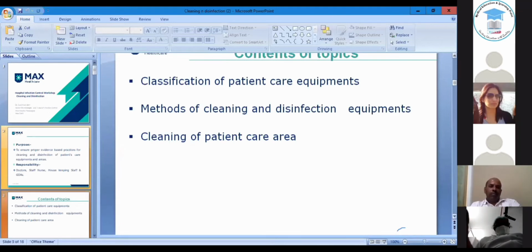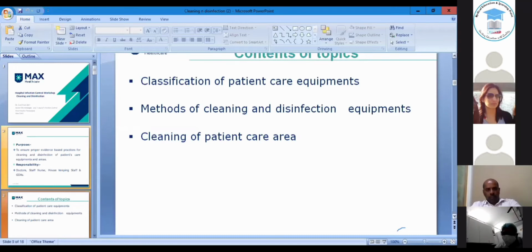So for cleaning of the patient area, we usually define what the critical areas and the non-critical areas are. In critical areas, we usually have isolation rooms where our infectious patients are kept. Infectious patients means those where transmission of disease is through contact, airborne, or droplet routes. In critical care areas, we need to clean every 2 hours with 1% hypochlorite solution. In non-critical areas, we do it every shift.